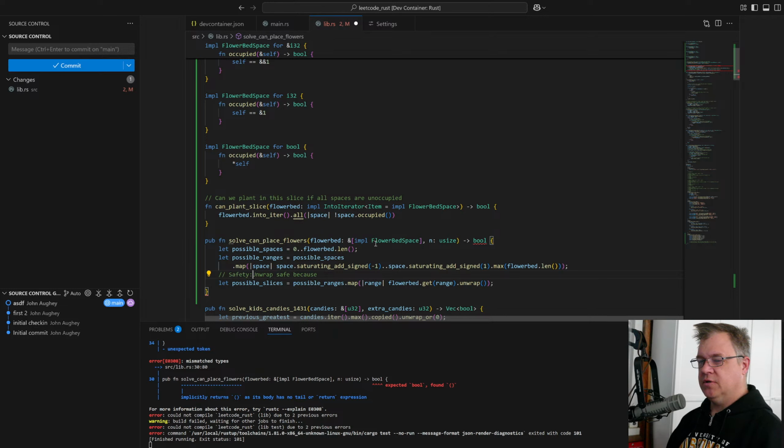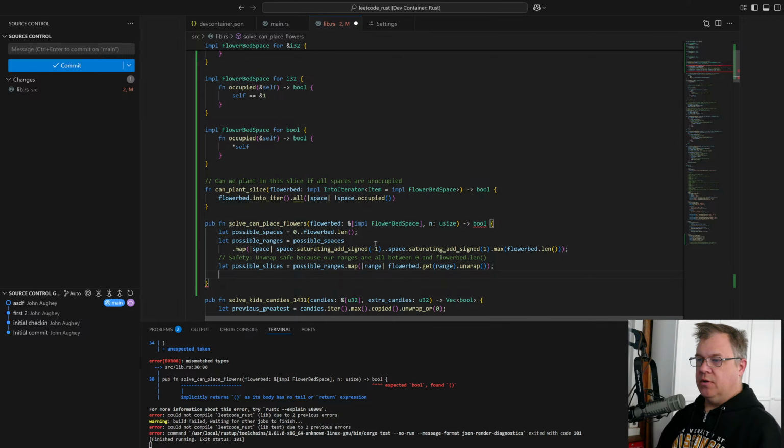Let's call this safety. Unwrap is safe because our ranges are all between 0 and flower bed len.